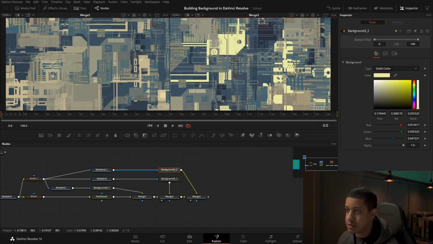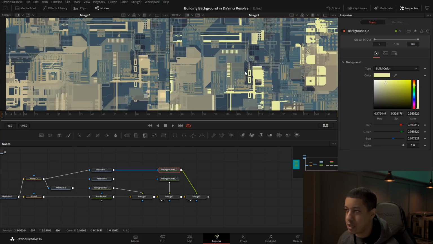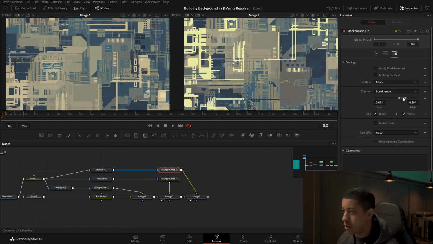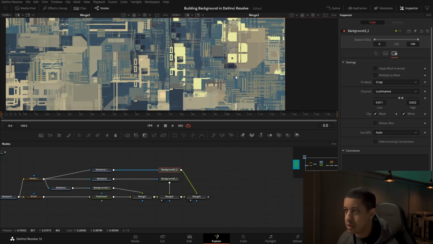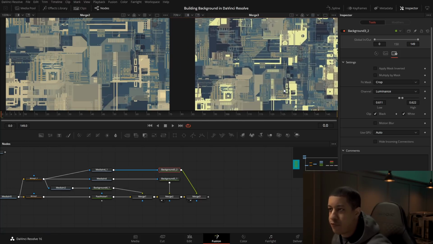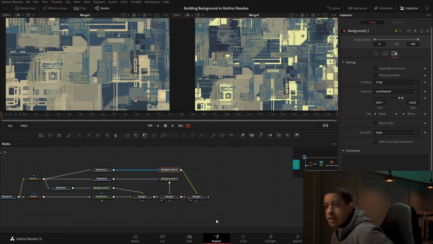Something like that, so that those are just a little bit different in color. We can always just come over and shift this around a little bit to get other things to be in here as well. So maybe something like that. Just something to get a very unique look going in there.